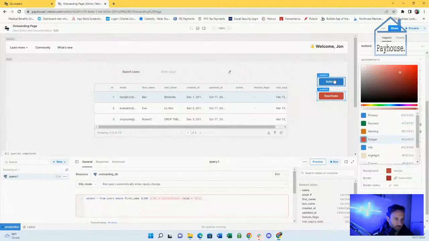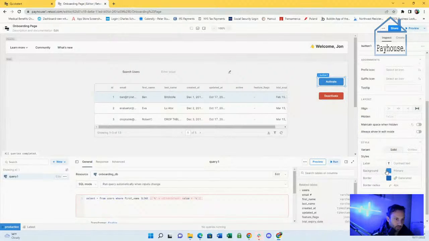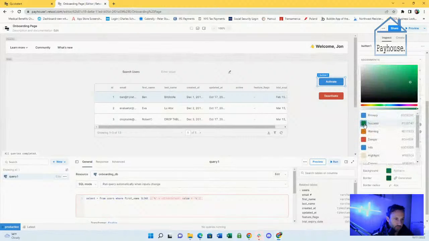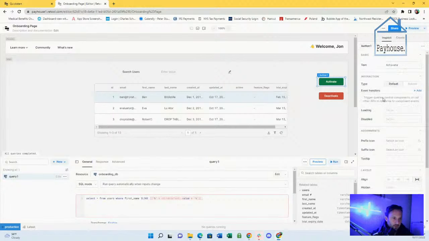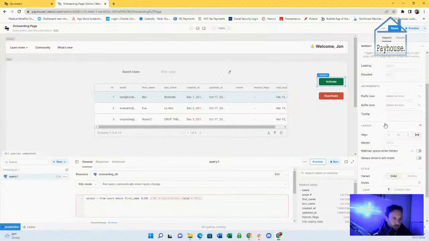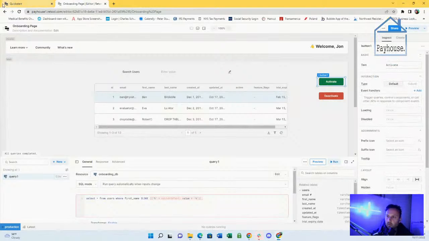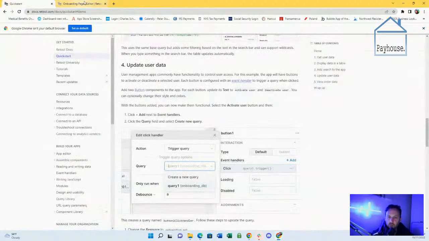Probably make this red, and we'll make this one success. Changing the style seems pretty easy. It's pretty similar.